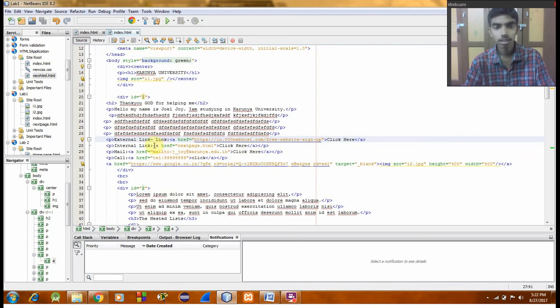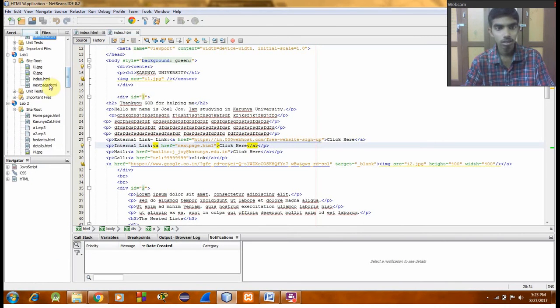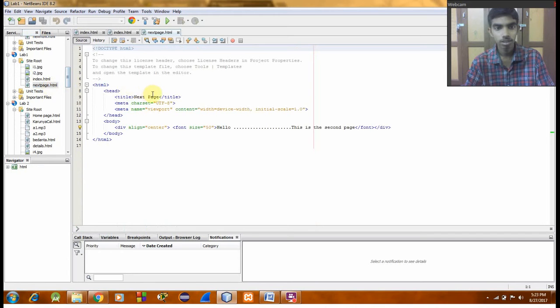Now an internal link can also be given using anchor tags. I have created another web page called nextpage.html. I will show you that. Here I have given the title as next page and mentioned some text: Hello, this is the second page.